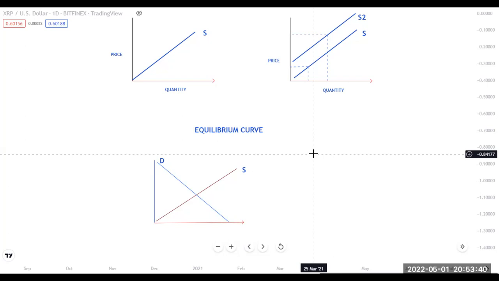So according to the law of demand, you want to buy low, right? You want to buy when the prices are cheap, right? Meaning we're looking for the point of equilibrium before the breakout to the upside, right? So as we find the point of equilibrium before the breakout to the upside, we draw that zone area, and that point of equilibrium is our demand zone, right? We want this coin to come back to our point of interest or our previous equilibrium phase and show us rejections, then we take our buys based on that.